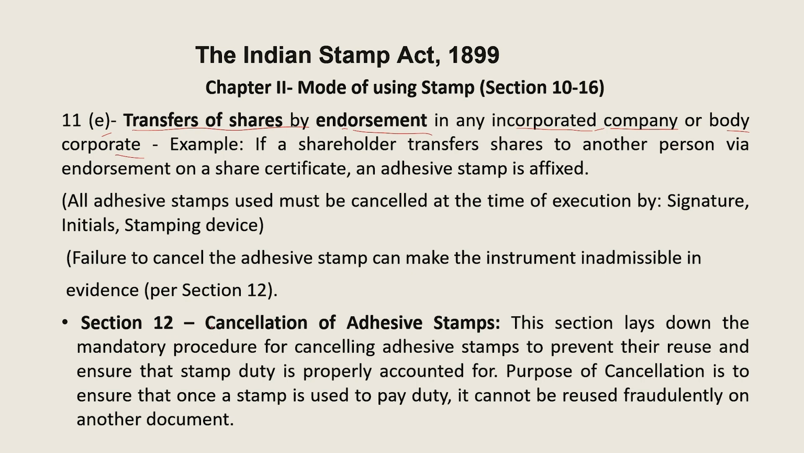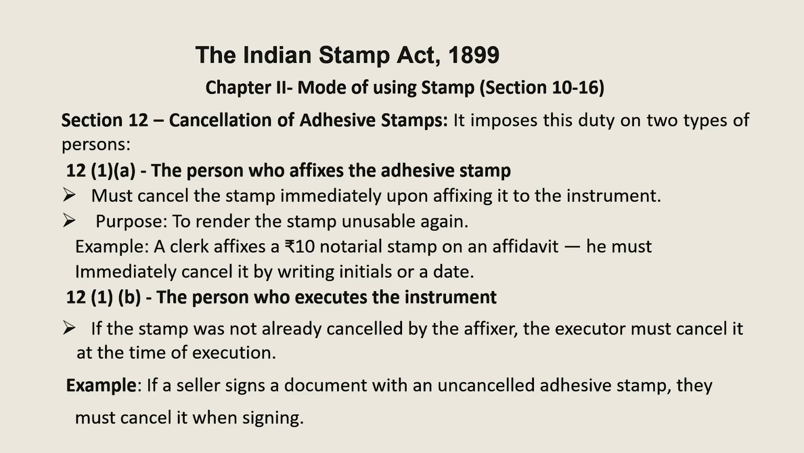Section 12 discusses cancellation of adhesive stamp. Again, this is an important provision. This section lays down the mandatory procedure for cancelling adhesive stamps to prevent their reuse or ensure that the stamp is properly accounted for. This is a simple provision which says that the purpose of cancellation is only to ensure that once a stamp is used to pay a duty, it cannot be reused to pay the stamp duty. So just to avoid the reuse of the stamp, it needs to be cancelled. So section 12 talks about this. Further,